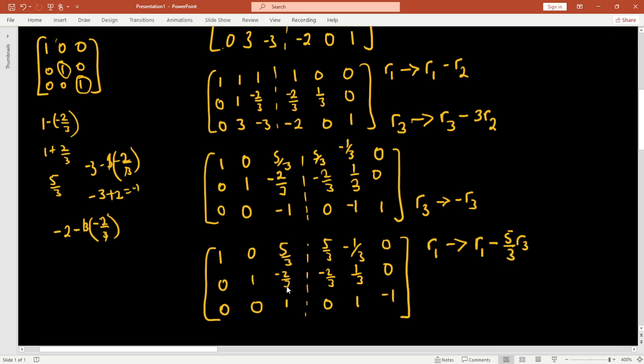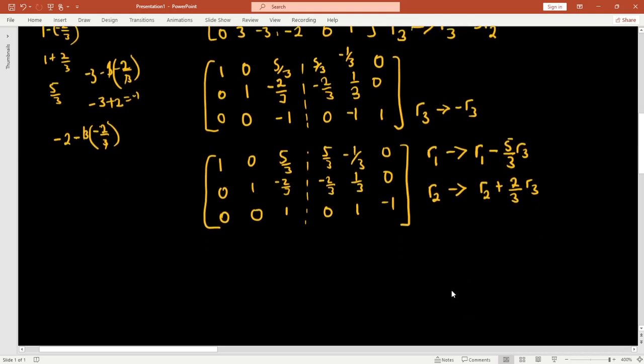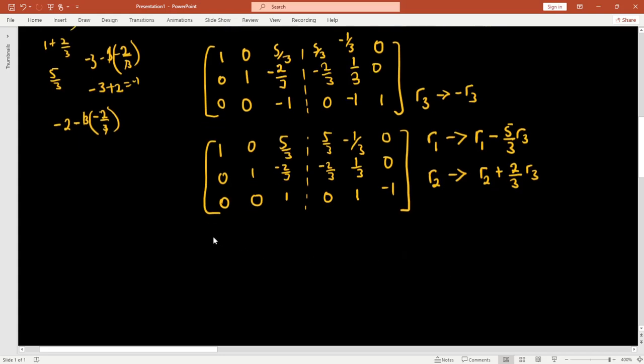The same thing goes for row number 2 here. We're simply going to say row number 2 should be equal to row number 2, since this is a negative number that we have here, so we're going to say plus 2 over 3 of row number 3 here. Remember, our main focus are these two entries that we have here. We just need to convert this into zeros, then whatever is going to remain this side is going to be the inverse of the matrix that we have here. Okay, so once we do that, we're going to have